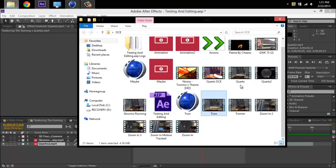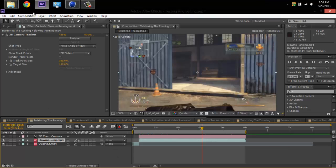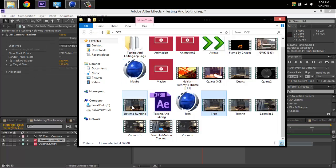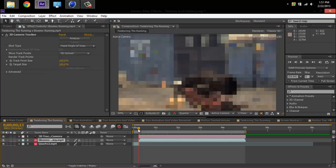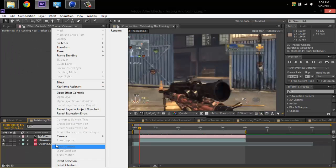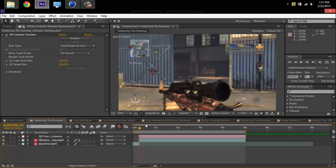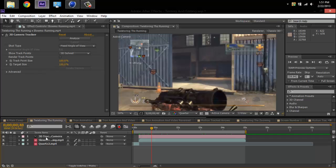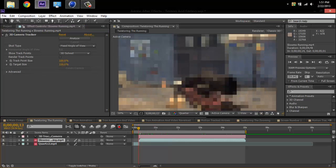So this is the one that I Twixtored out, even just slow motion running, or slow mo running, right here, this one. So I had to import that back in here, and then right click this. This is CS6. This is how you make it easy for CS6. You track camera, and when it's finished tracking, I click create camera right there, and then